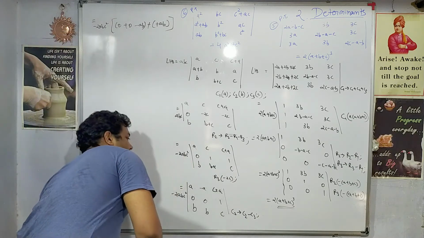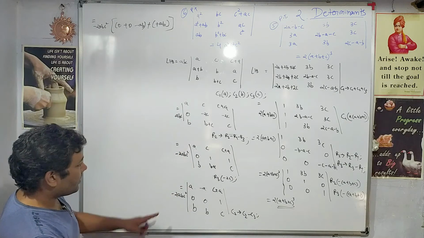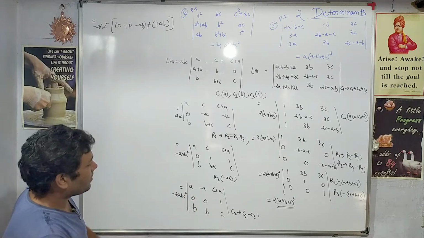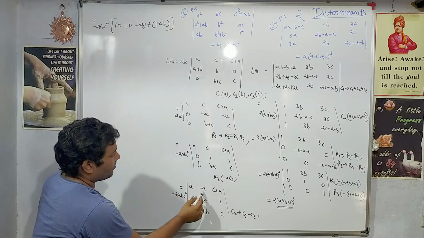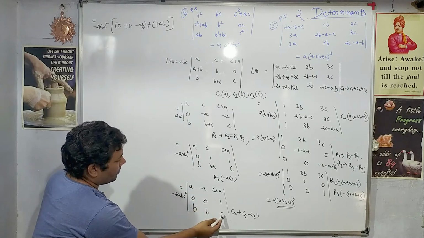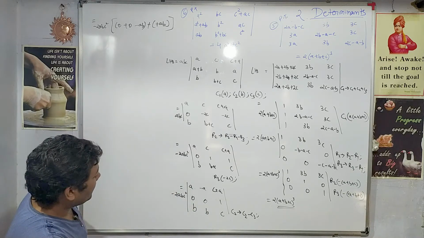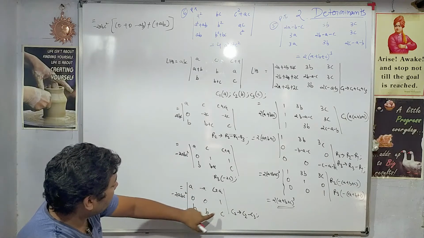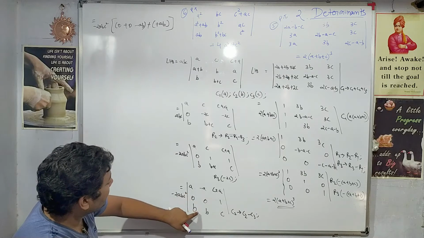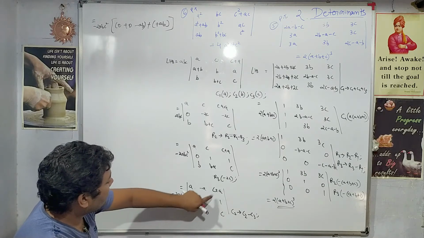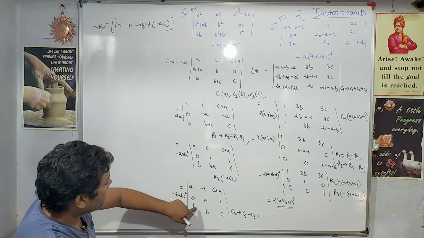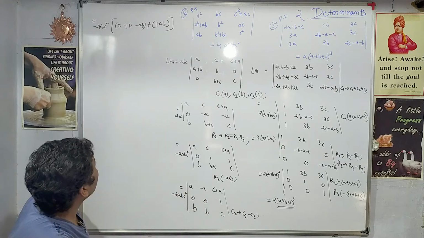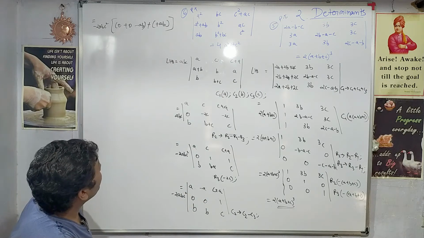Then the next operation, what I have done, I have made some zeros. So this was already the 0 in column 2 minus column 3. So this column I have done subtraction here. So minus A, 0, and B. This is also correct. Then my evaluation, this will become 0, correct? 0 into B, 0. Then minus B into A, so minus AB. Then plus 0, this will give me 0, right? This will also give me 0, and this A plus B will also give me 0. So ultimately I am getting zeros.